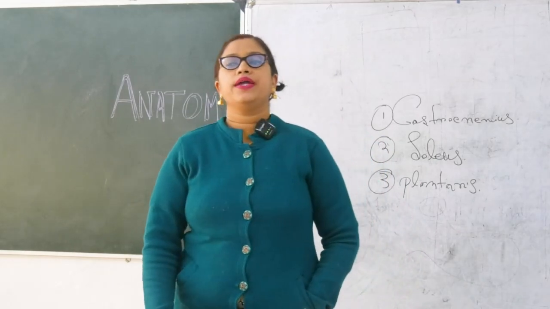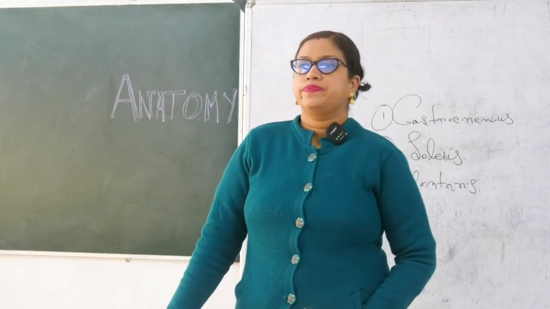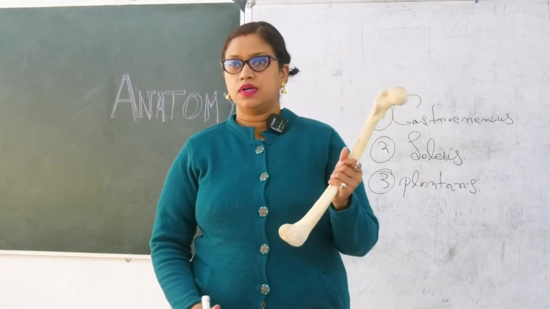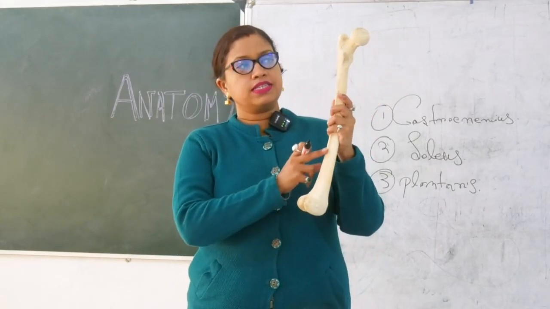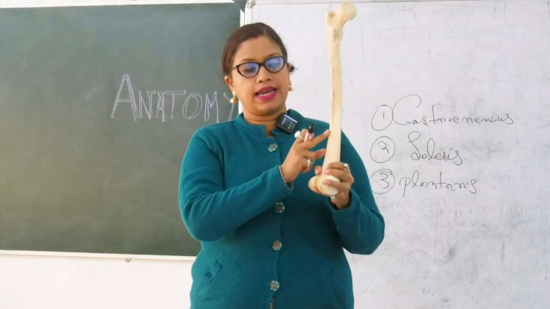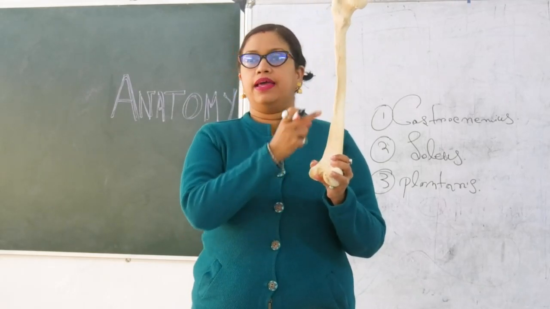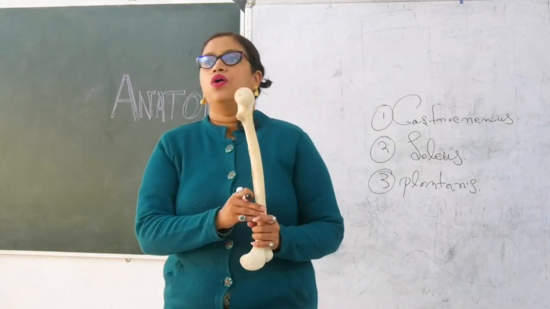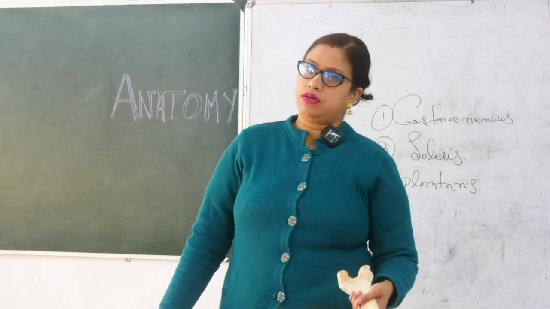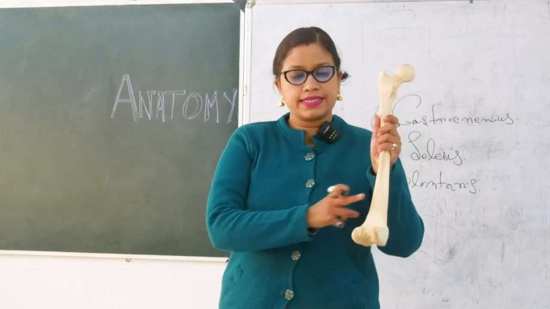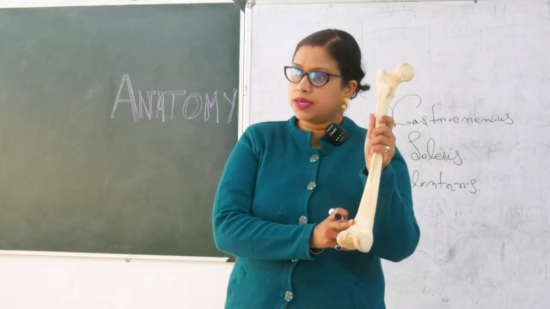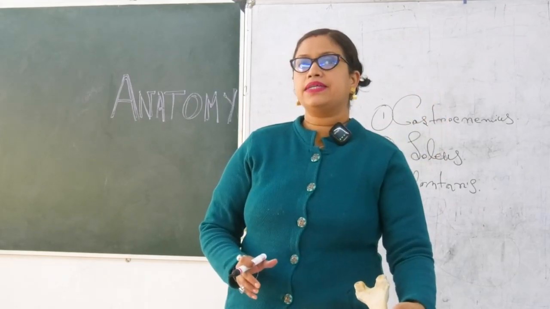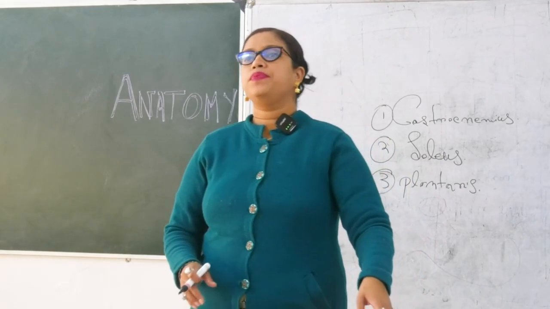Now coming to the origin, write it down. There are two parts, the medial side and lateral side. So both the lateral and medial supracondylar lines of femur. Or you could write popliteal surface of femur. The triangular surface we call the popliteal surface. Medial and lateral supracondylar line and the popliteal surface of femur.